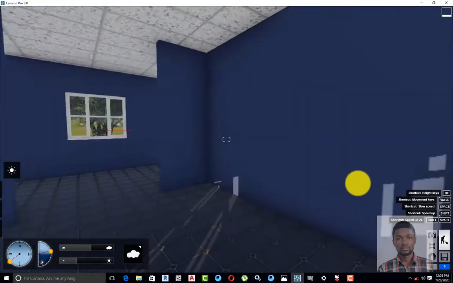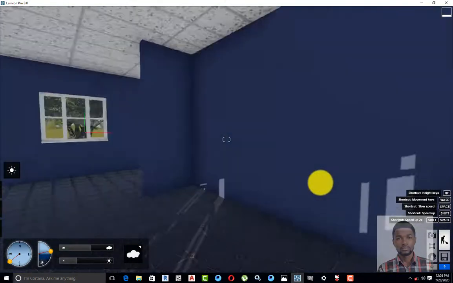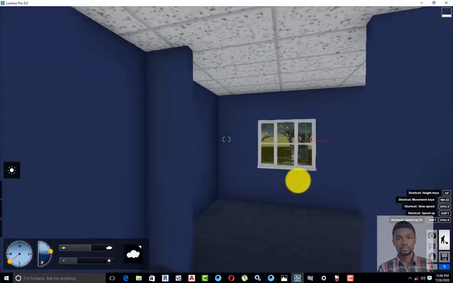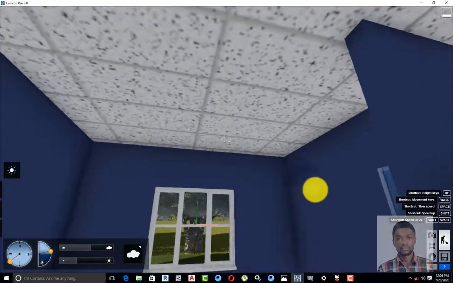Okay, so we are in. Here's the main living room. You can see it's very spacious in terms of space, and it's well ventilated too. You can see all this, very spacious and well ventilated. So going in here,